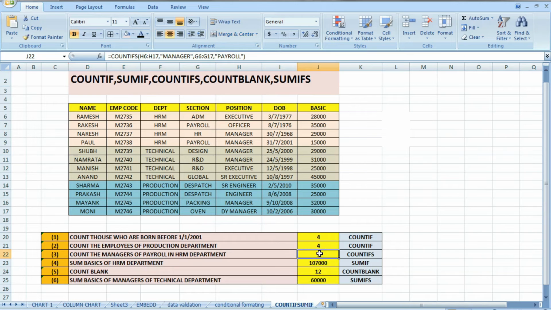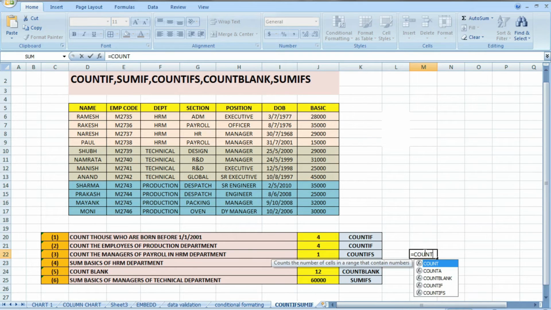See, I have to use COUNTIFS. Now it is asking for range 1, then criteria, and range 2. So the first range is department, right? This is the range. Then payroll.